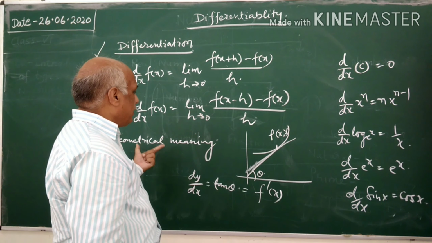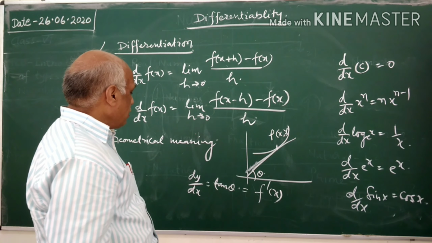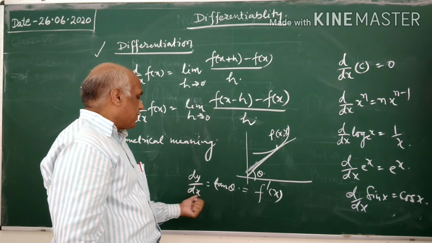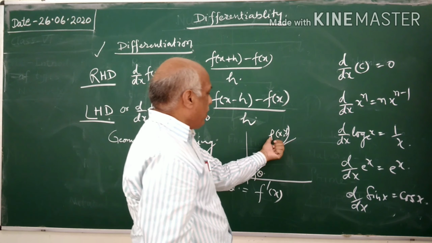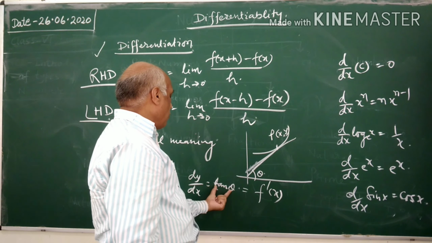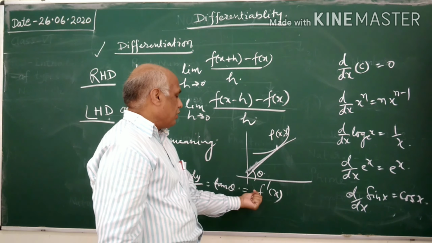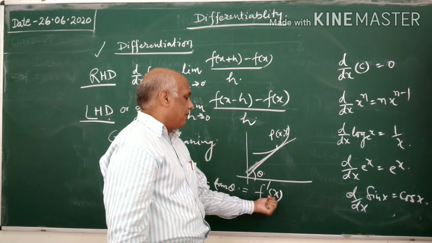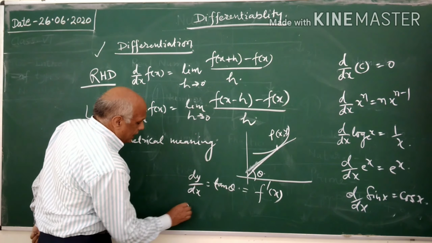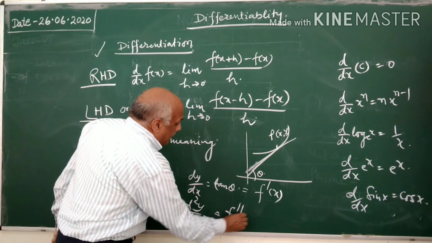This also has a geometrical meaning. What is the geometrical meaning? The differentiation shows the slope of a line at a point. Say dy by dx is tan theta at a point P whose coordinates are x, y. This shows the slope of the tangent, tan theta, dy by dx. That is also represented as the first derivative, f dash x. The second derivative, d2y by dx square, may be represented as f double dash x.